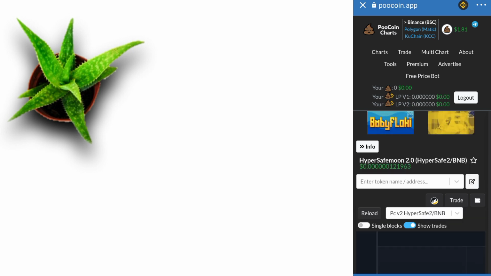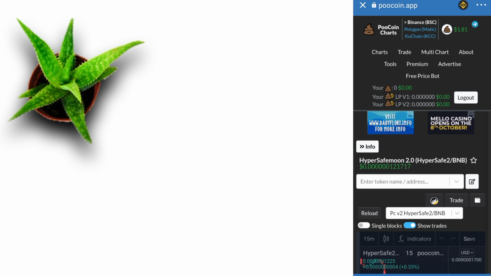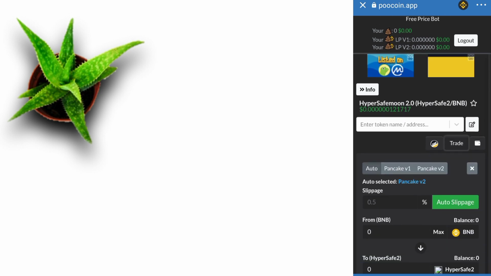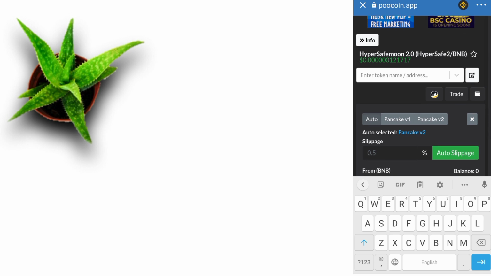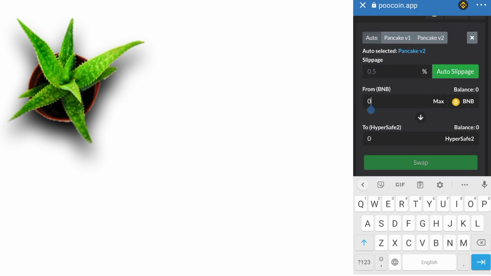Here you can see everything. Tap on trade here and you can select BNB as much as you can buy. Also here is the swap process to sell, but I request you to invest a little amount, such as 0.2 up to 5 BNB here.